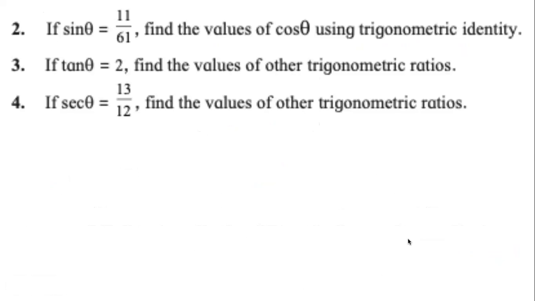Question number 2, 3, and 4 of problem set 6 are of the same type. One trigonometric value of one trigonometric ratio is given, and values of some other trigonometric ratios are asked. Now, the first question, before you even start answering, tell me which method will you use? Will you use Pythagoras theorem or will you use identity? First, answer that.